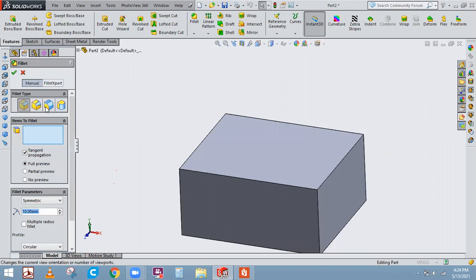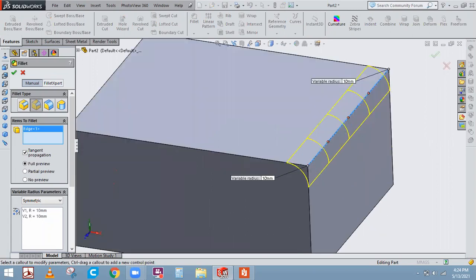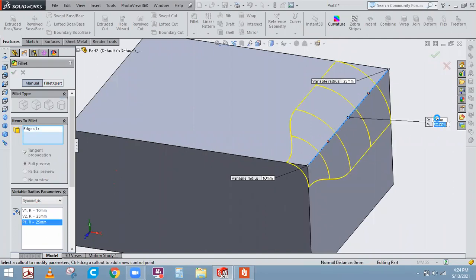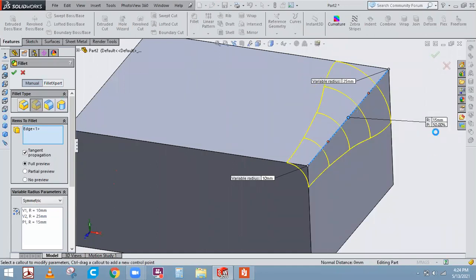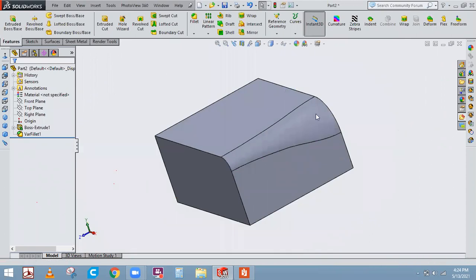Yes, sir. In the same way, in fillet we have different types of fillet. This is called variable fillet. Once you click on this, it will give you two radiuses. If you double click, the radius value is 10 here, I'll make it 25 and keep the other as 10 itself. If you want to make changes in between, select that particular point and you can change that too. Now it is 25. I'll make it some 15 now. Once you say OK, that particular radius will be filleted. Okay, got it? Yes, sir.